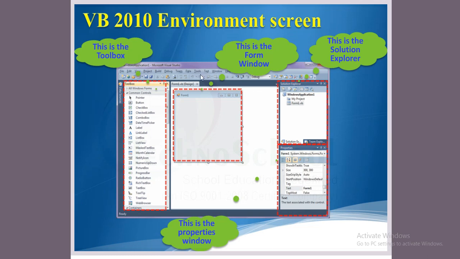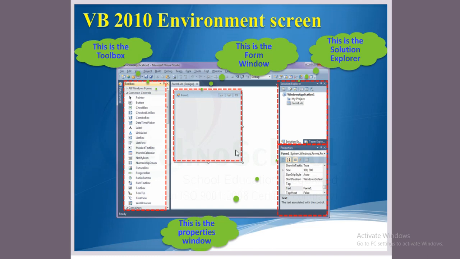At the top of the screen is the menu bar, with File, Edit, View, Project, etc. So this is the menu bar. The left side is the toolbox. This whole thing we call the toolbox. At the center, you'll have the form window. In this only we are going to design.